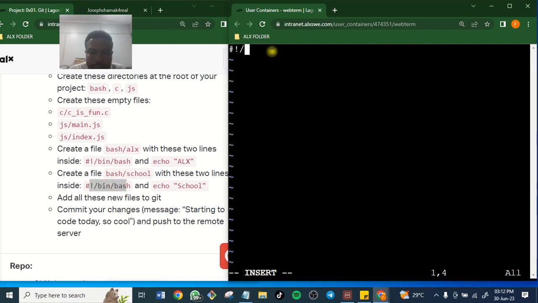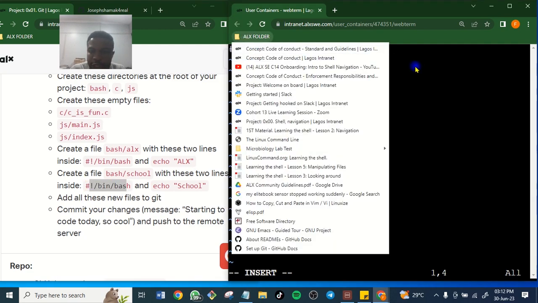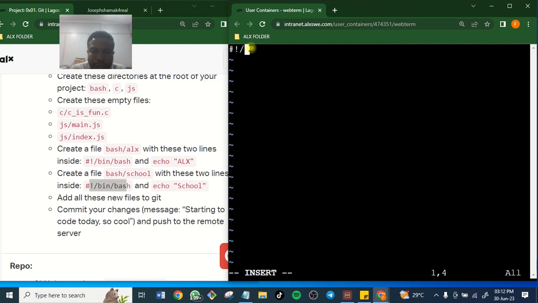So slash bin slash bash. Please learn to type. Don't copy and paste. Okay, enter. Make sure you check whether your write-up is very correct.